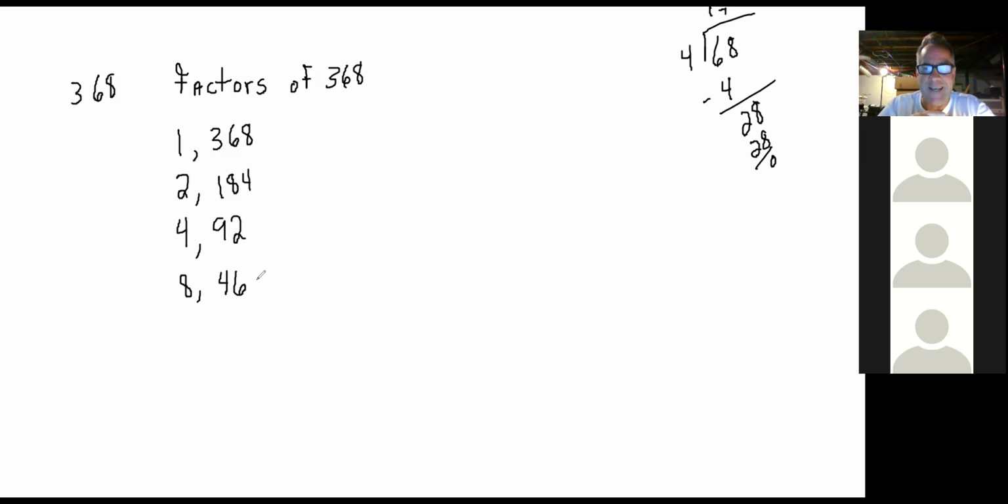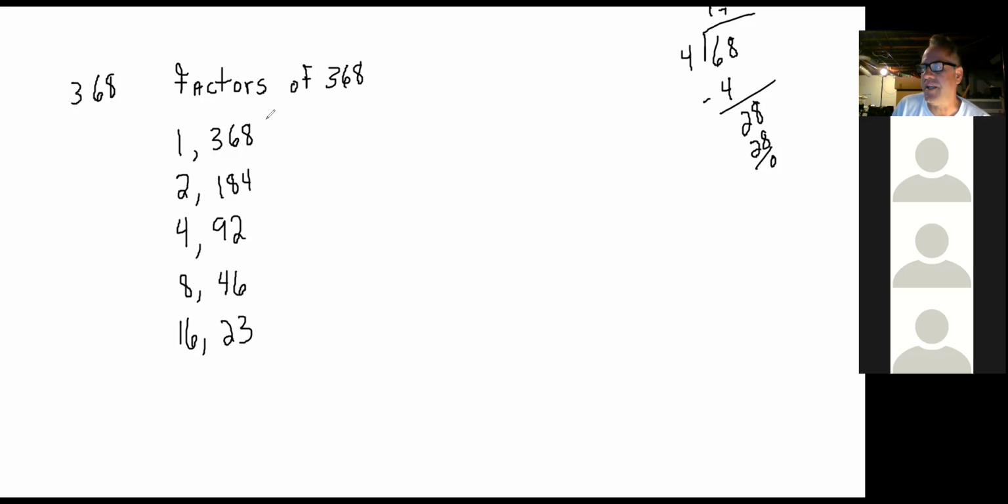When I hit 16, I would just divide it by 16. And in the case of 16, sorry about that, it does go evenly. It's going to go 23 times. Now, you hit a point, it's like, how do I know when to stop? Because you're going to hit a point where what you're dividing by, you get a smaller quotient. And then you know not to try anymore. And there's my list of 8 factors